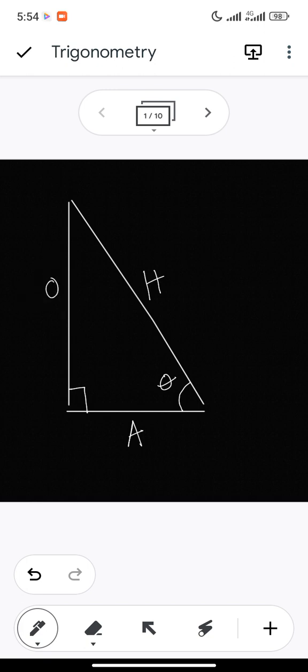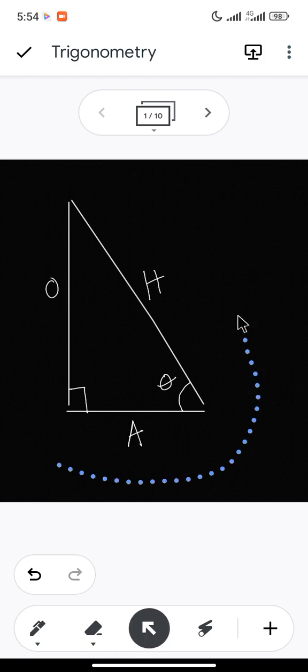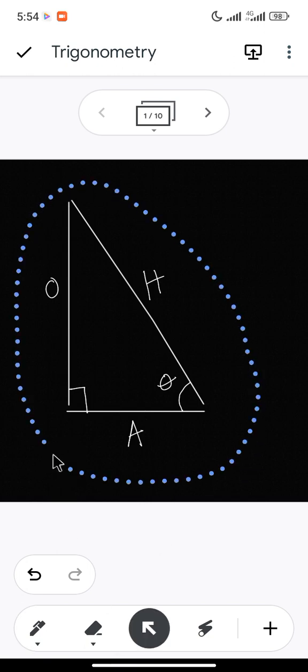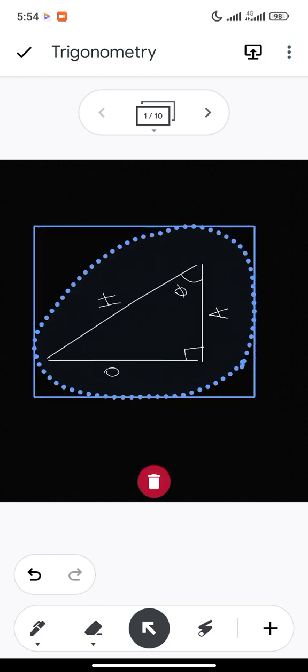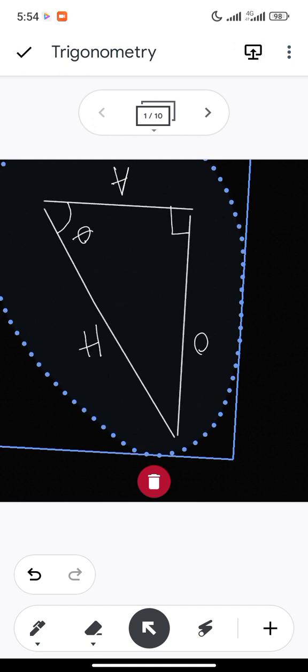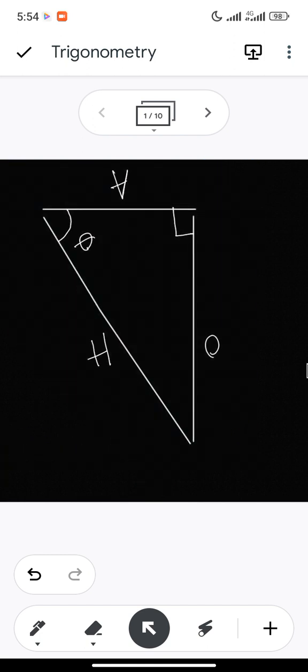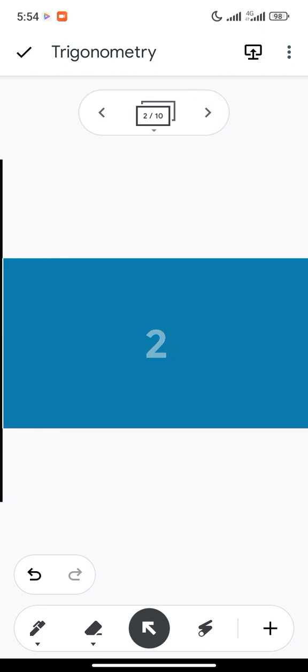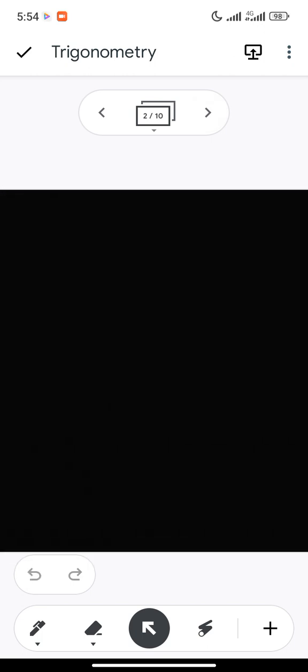So regardless of the orientation of the triangle, it still stands. Even if the triangle is drawn this way, it's still the same. This still remains your hypotenuse, this still remains your adjacent, and this remains your opposite. So we're going to be taking a few questions on this. Okay, before we go to that,